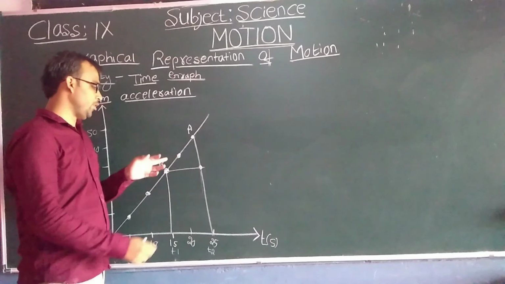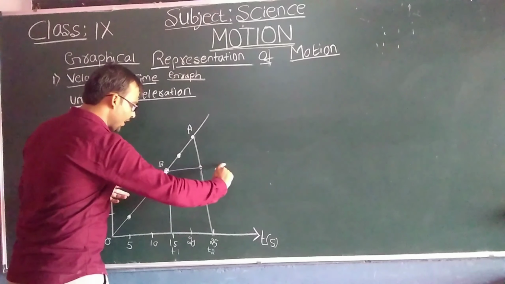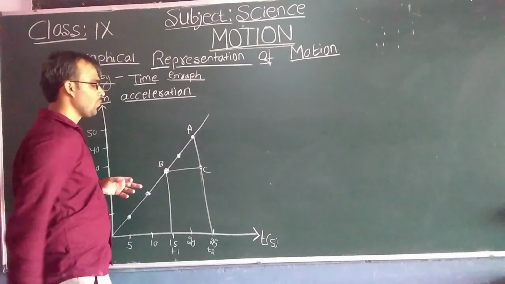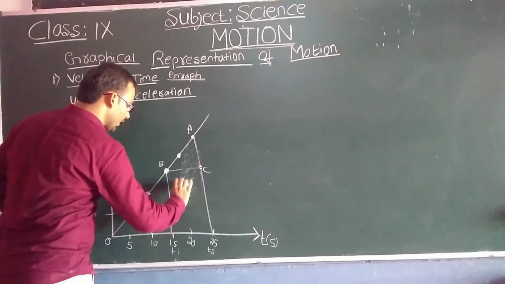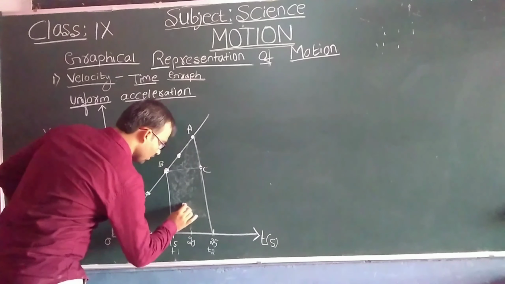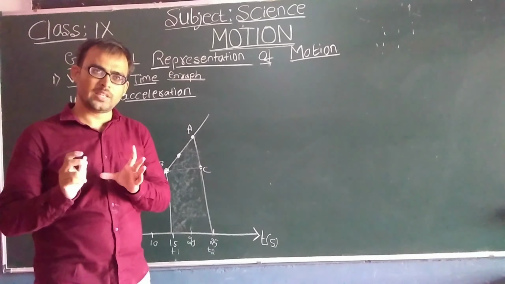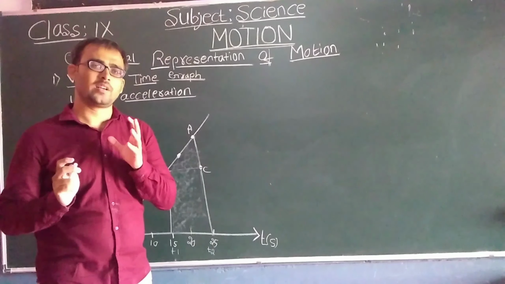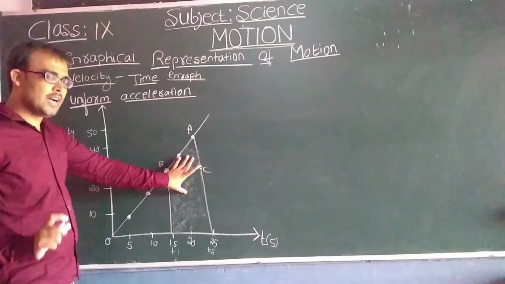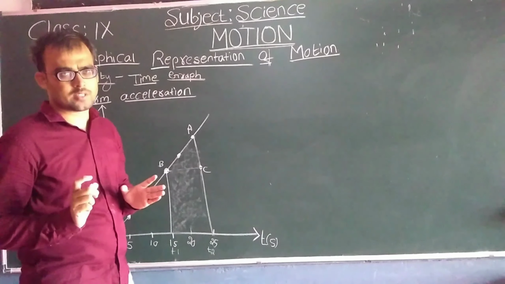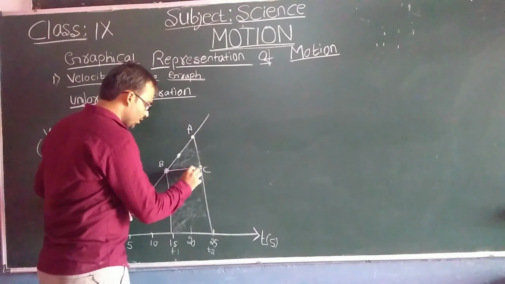So here again, it said you need to assume any 2 points. So draw the perpendicular. Again, draw the line which is meeting at C. Okay, so here the area under this graph will give you the distance traveled by the car in the time interval T2 and T1. So my dear students, look at this.